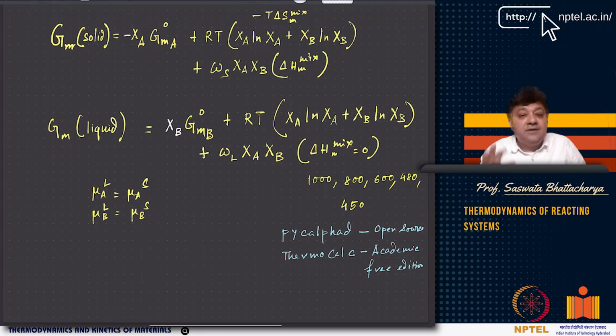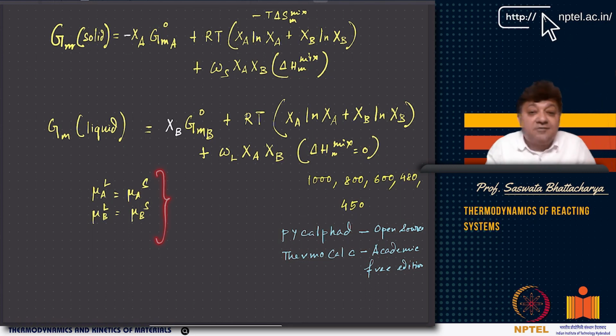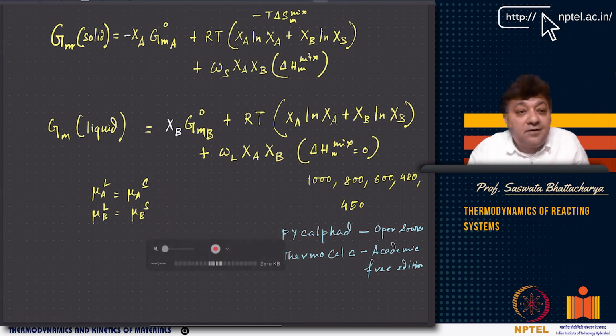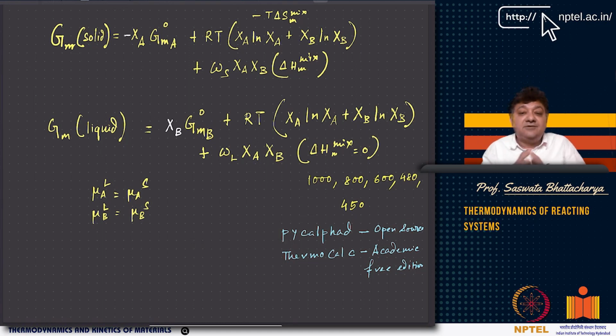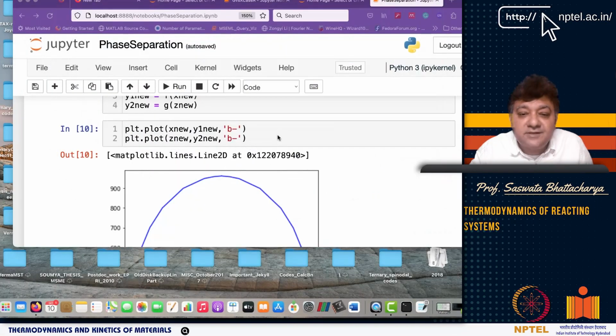So basically what you do is you draw these free energy composition curves and find the common tangents, because these are the common tangent equations. So this is what I want to tell you, that these are the common tangent equations. Now, without much ado, in the previous lecture when we tried to demonstrate, there was some issue with one command, and I have fixed it, and I just want to quickly demonstrate how you basically go ahead with this numerical model.